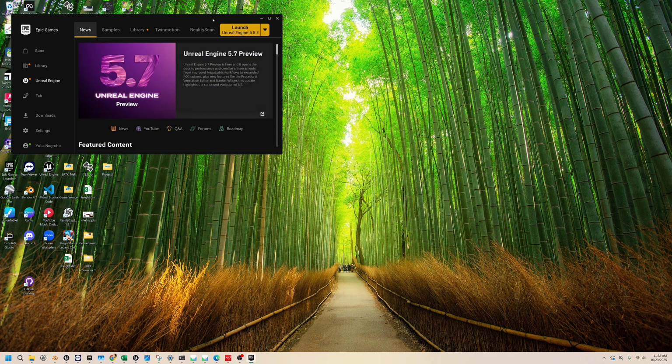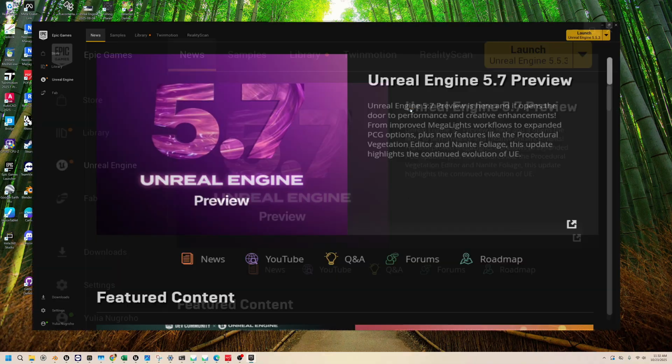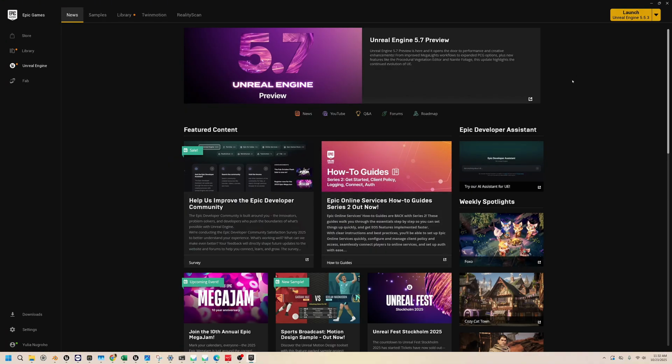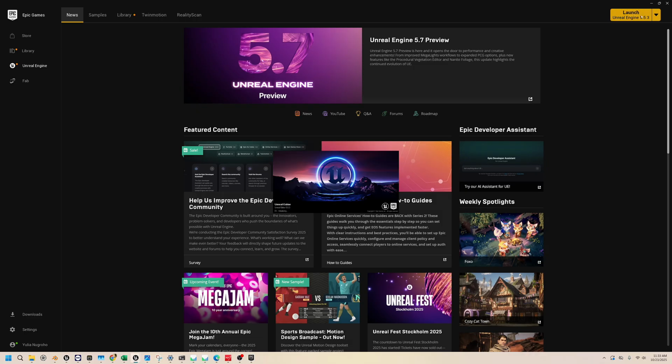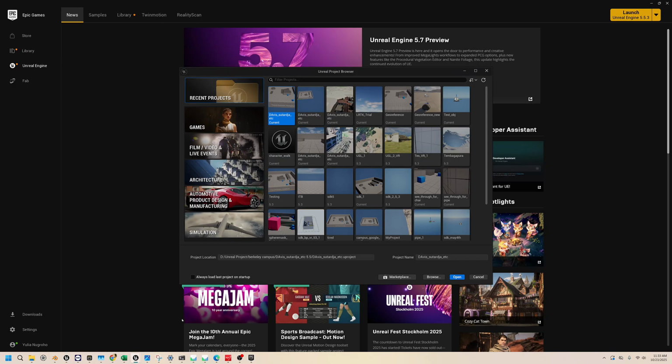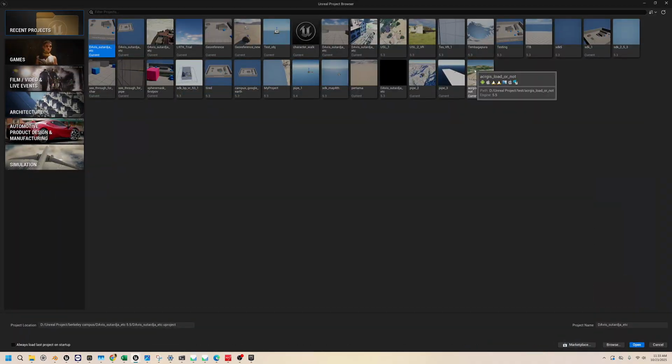And how to open a new file, I usually just go to Epic Games and launch my Unreal Engine. I have two versions on my computer, so I'll just be using this one, 5.3, and launch. Alright, it's going to look like this. These are my files, the history of the projects I've made before. So just click Games here